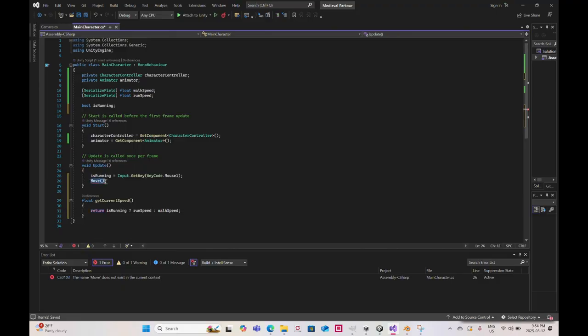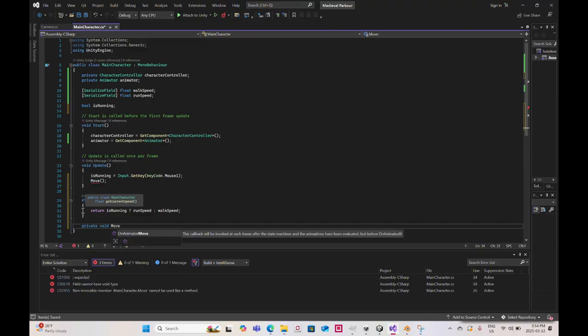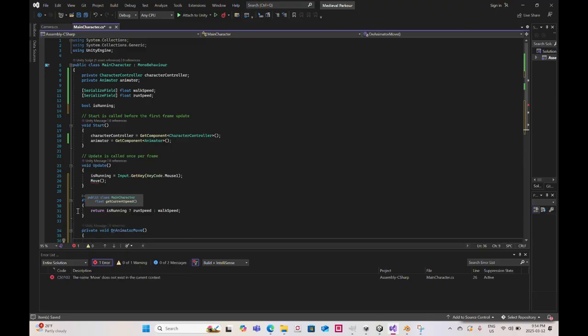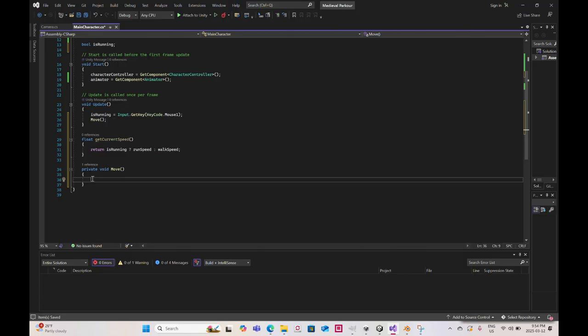So because I created this reference to the move function, I need to create the new function. So private void Move. Whoops. Why does it do that? So basically what that's doing is because this is in the update, it constantly triggers this move, and it's basically triggering this constantly. So first thing is,